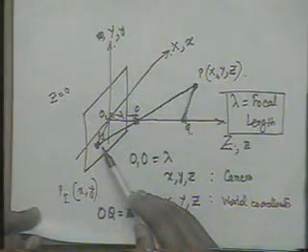So obviously what we are missing is the information pertaining to z, and since the z information is lost,